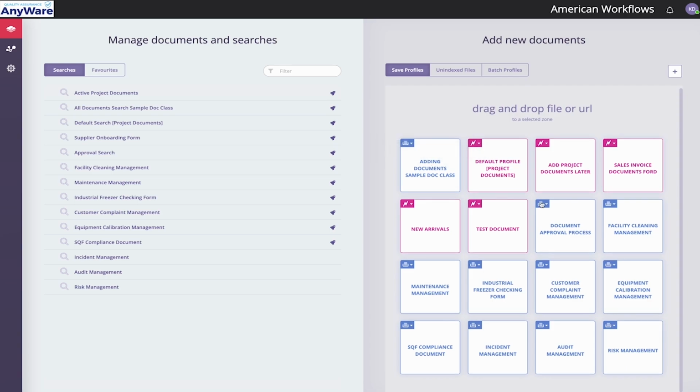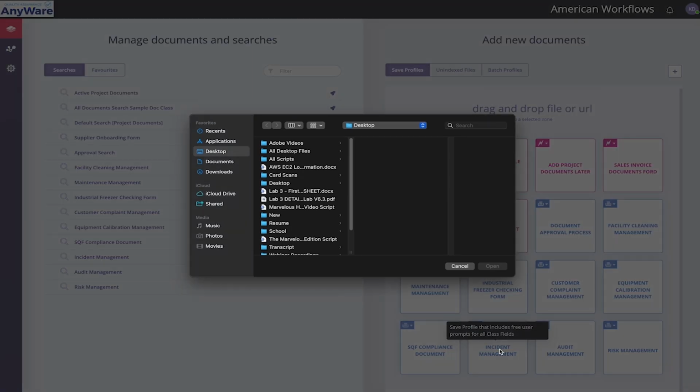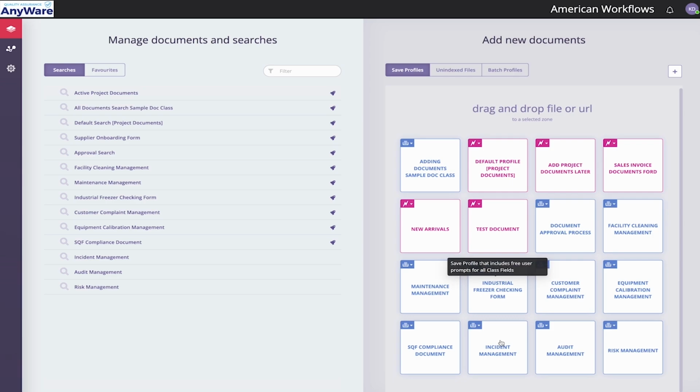As you can see, we have several folders. This can be an incident management folder, another management folder, a risk management folder, and so forth. In order to upload a document, for example, if I want to upload something about incident management, I can click on it and choose which form I'm going to be posting from my laptop. And once it's done, the document upload will go on the left side, which is a search profile